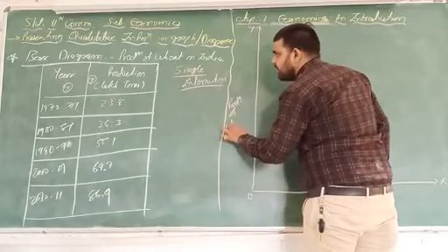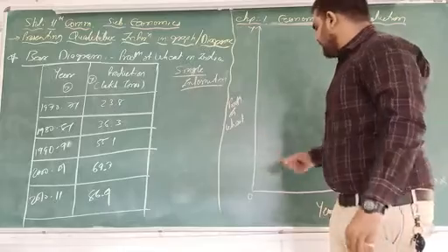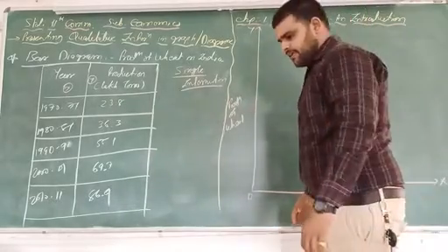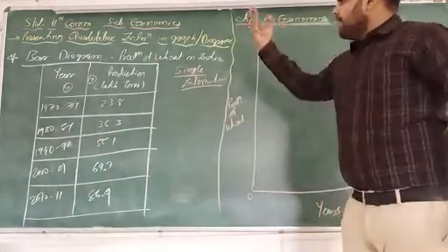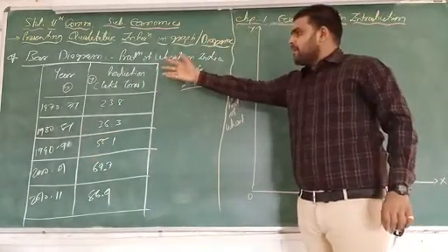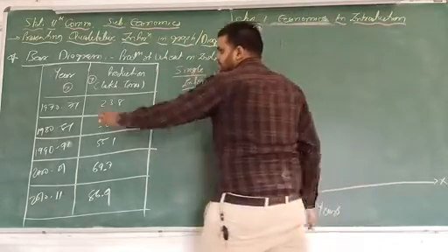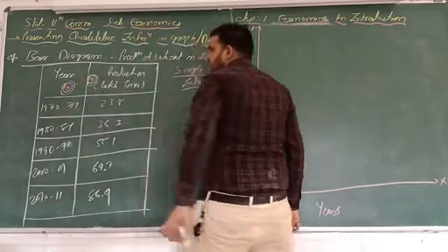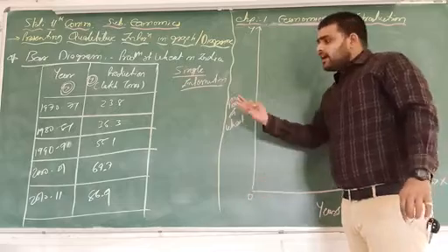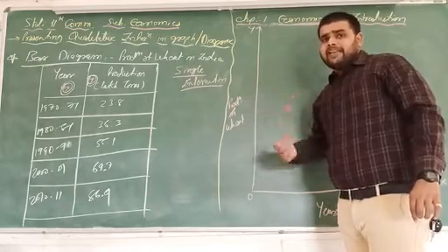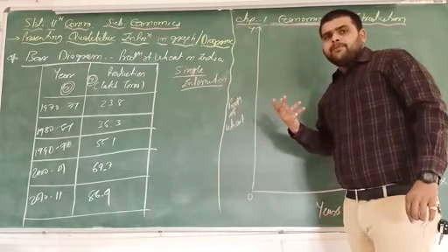So two types of information are there. Number one is independent, second one is dependent. Now what do we have to do? Three types of information are there. Number one, reliable data. Again, independent and dependent variable: here the x-axis is independent and the y-axis is dependent. The third important thing is that we have to take an appropriate scale.